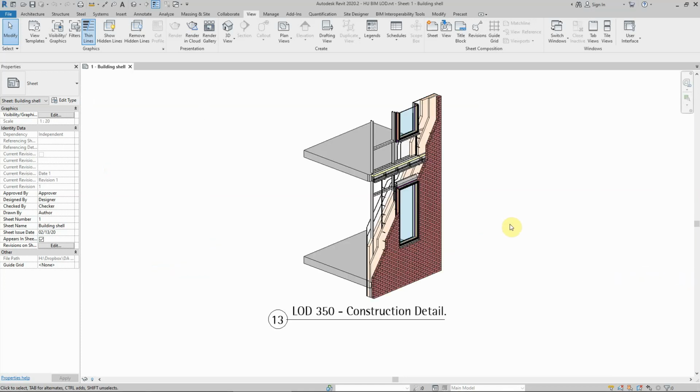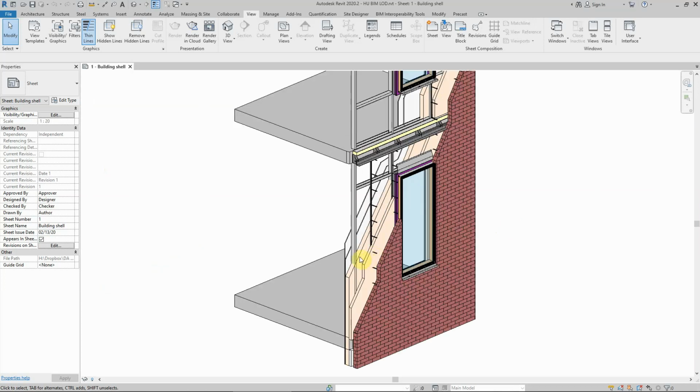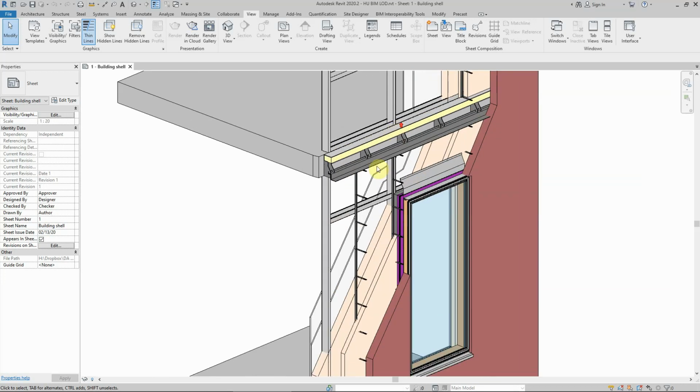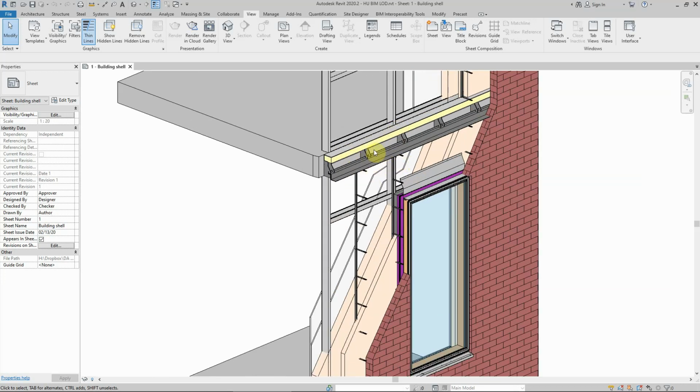LOD 350, the construction detail phase of developing a building information model, is the most extensive phase. Here is where we decide exactly how this envelope is going to be constructed, and it's the same process for the internal walls. So here we've got a Metsec frame. We add elements like the lintel, which is not a visible element but a construction element. We add the cavity closer, we add the brick support angle, and when advised by the fire consultant, we add the cavity fire barrier or smoke barrier.